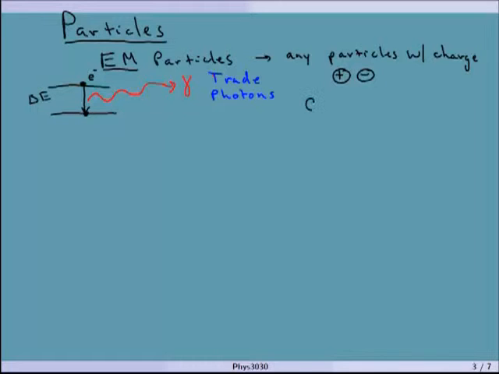And I like to think of this as a decent analogy. I sort of like to think of this as you have two people, right, and they're sort of playing ball with each other, okay? And as the two people are playing ball back and forth, they interact by trading this ball back and forth. And that's exactly how the electrons and the protons and anything with charge, in fact, interacts with each other, by passing particles back and forth between them.